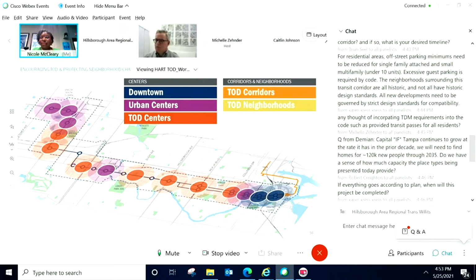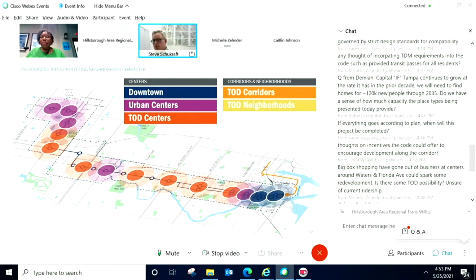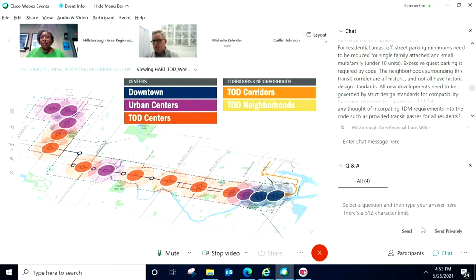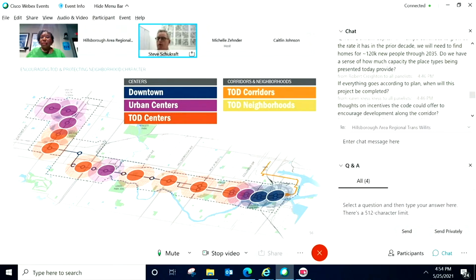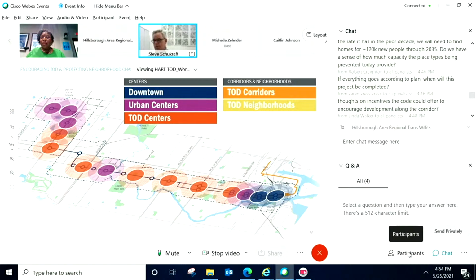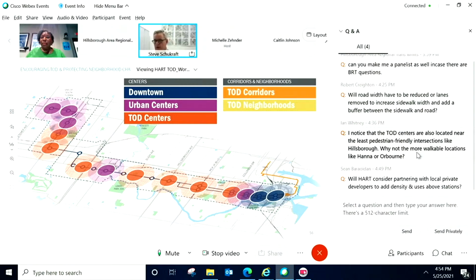Yeah, I'll take the second part of that one first. When we talk about the TOD neighborhoods, we're talking about the locations where some change from exclusively single-family uses would be appropriate. And that would be accompanied by design controls which promoted compatibility. With where we're headed now anyway, they wouldn't be as strict as the kinds of scrutiny you get in the Tampa Heights and Seminole Heights historic districts, because you have to go before a review body that influences the directions of projects.